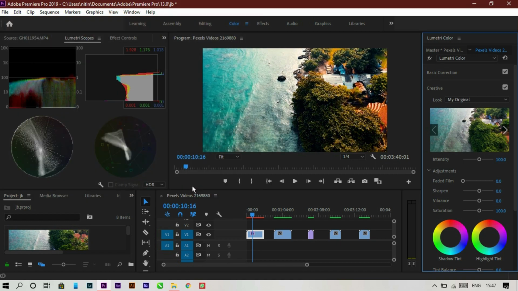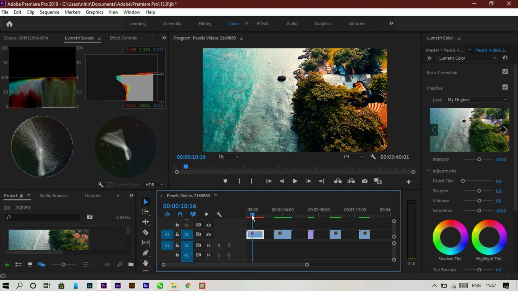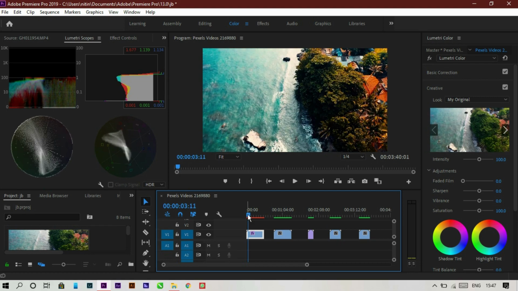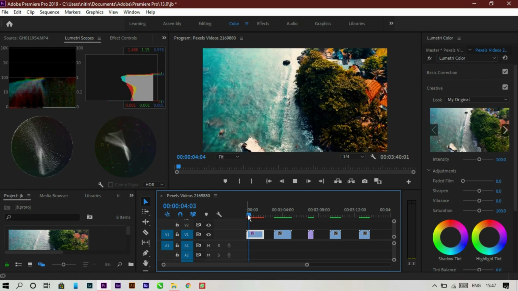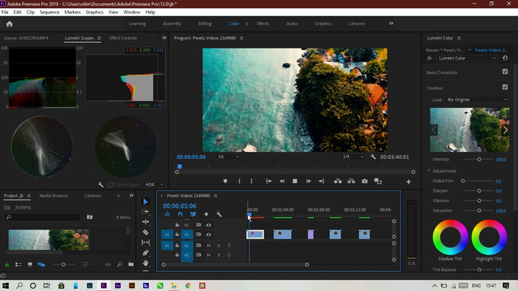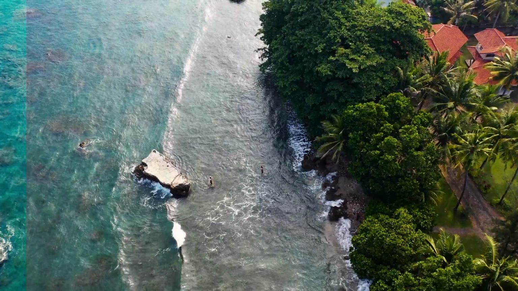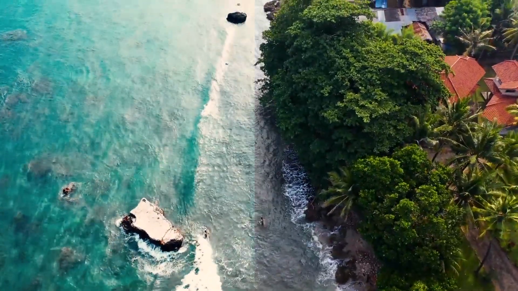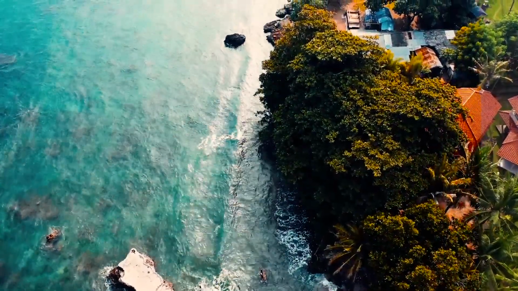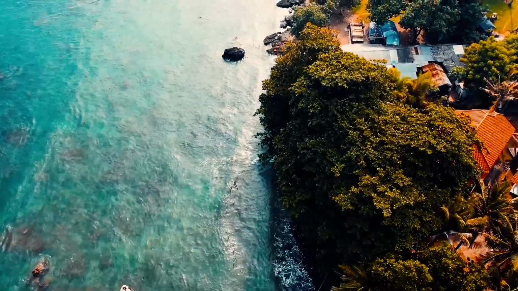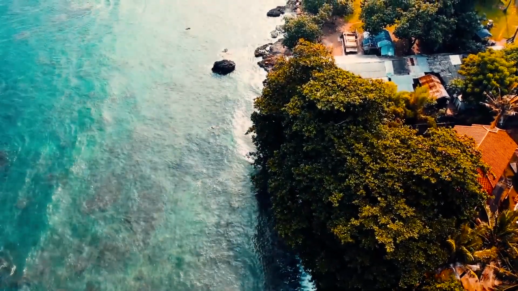And if I open it, you can see it's the simplest way of doing video color editing. It's a job of only 2 clicks. You can also see the change in the Lumetri Scopes panel, and let's play it. As you can see in this video, I used just 2 clicks to do this color grading. So this is how you can apply LUTs.